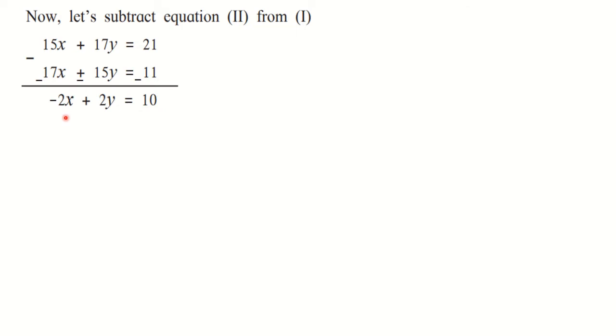Okay, once again if you observe this equation, you will find that 10 is a multiple of 2, and therefore we can divide this equation by 2. Either you can divide it by 2 or you can divide it by minus 2 also. Any way you can do. If you think that your first term should be positive, then you can divide by minus 2. If you divide by 2, then also it is okay. So after dividing by 2, we got one more simplified equation, that is minus x plus y is equal to 5. Number this as 4. Okay.